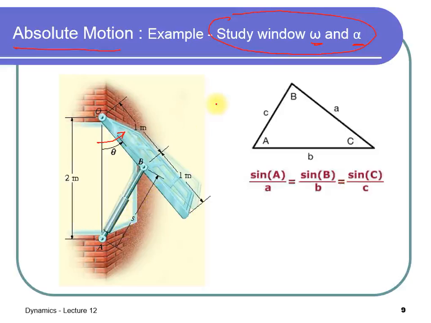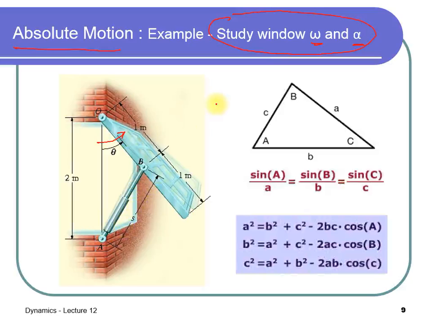You have to be very familiar with this kind of cosine equation. If you are studying the hydraulic jack moving at a certain velocity to open up the window,